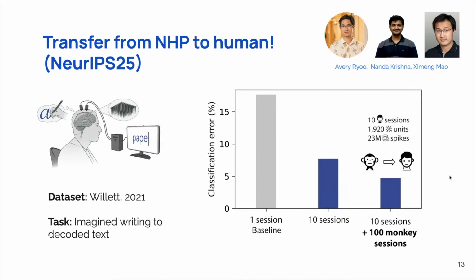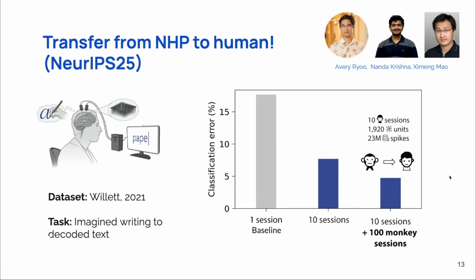It gets even crazier. So we've done a lot of work since then to see the extent to which pre-training can actually transfer, even in scenarios where you have pretty different data distributions. How much does this potentially help? So in this example, this is recent work from NeurIPS last year. We showed that you can take a pre-trained model that's trained on all of these monkeys making different reaching movements, use that as your initialization point, and now actually transfer onto human motor cortical data from a patient that's paralyzed, that is not making any of those reaching movements, but is instead imagining writing different letters.